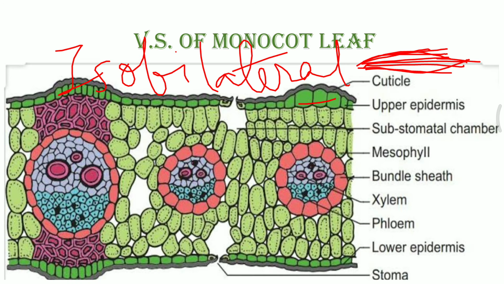Next is the mesophyll cells. The mesophyll cells are the bulk of cells which are present in the central part, and these cells are not well differentiated, so they are just made up of spongy parenchyma cells, and they perform photosynthesis. They also create substomatal spaces, and because of all these specializations, these mesophyll cells are the only cells which are present between the layers of upper epidermis and lower epidermis. In the mesophyll cells, we see the arrangement of vascular bundles within it.